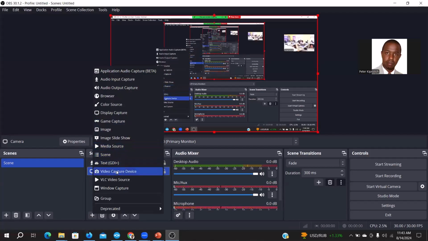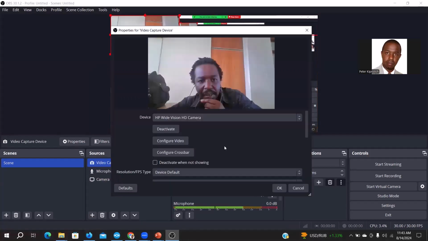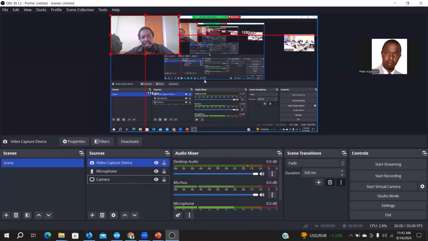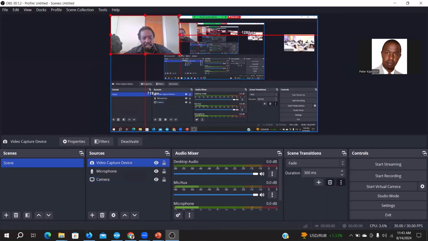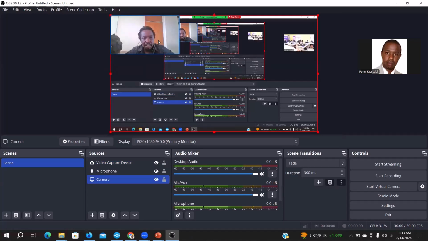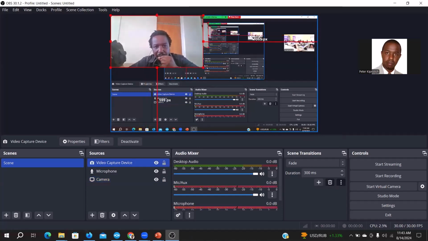So you need to add video capture device. I'll leave the name to be video capture device, and it will show, is it the face that you are seeing right now? Then I'll say, yes, this is my camera. Then you will be able to show the amount of space it will cover in your presentation. So you can make it bigger,